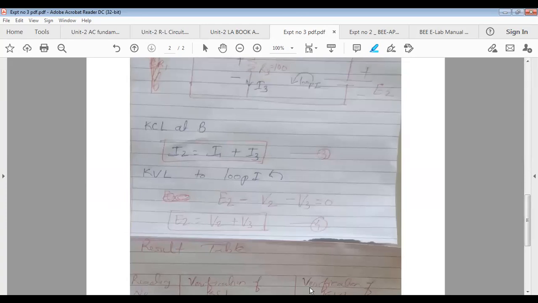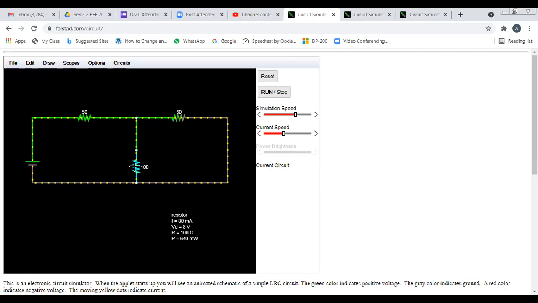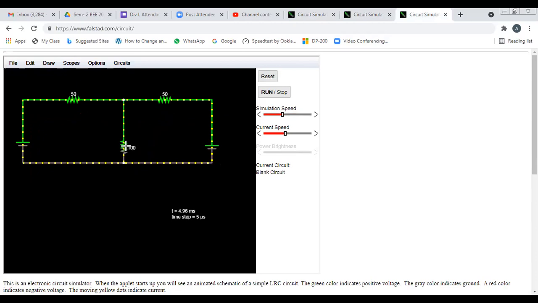You can cross check here. We'll show you. See, for the first reading, what is the value of I3? On the screen, all of you can see. 80 milliamperes. It's not 80 micro, it's milliamperes. Sorry, milliamp. 80. For the second one, see how much it is. 40 milliampere. Correct. What is 80 plus 40? 120 milliampere.